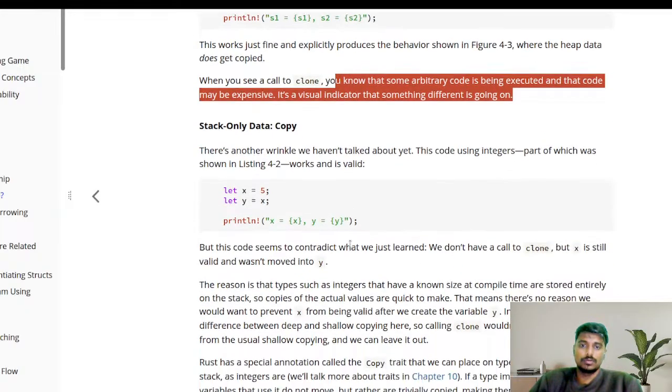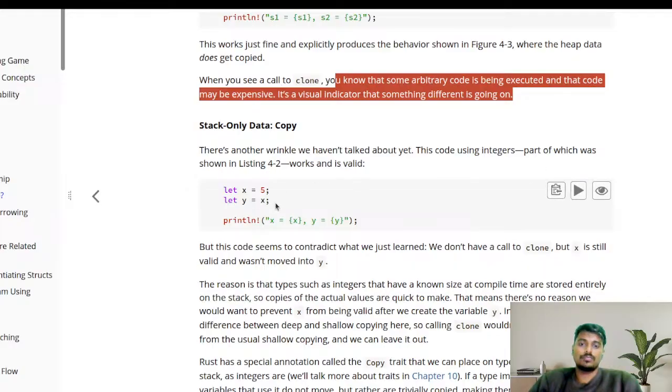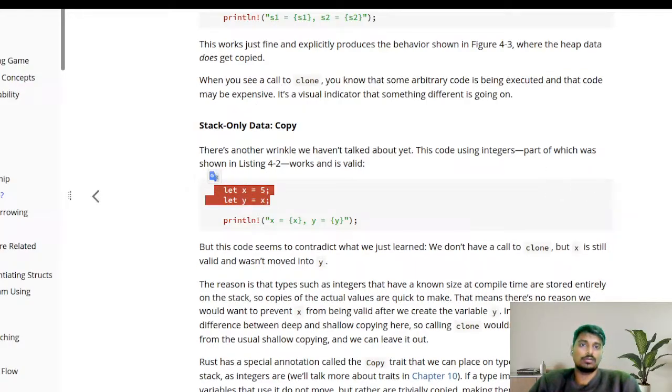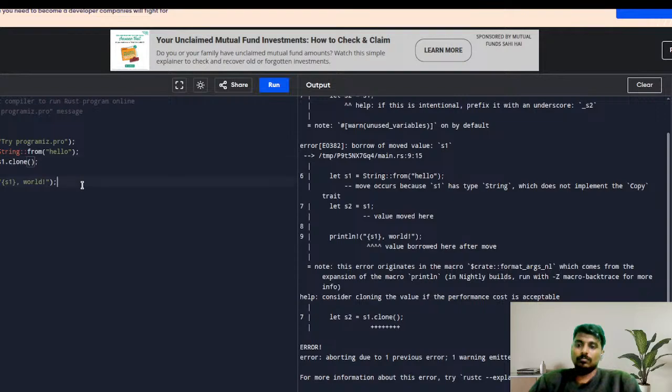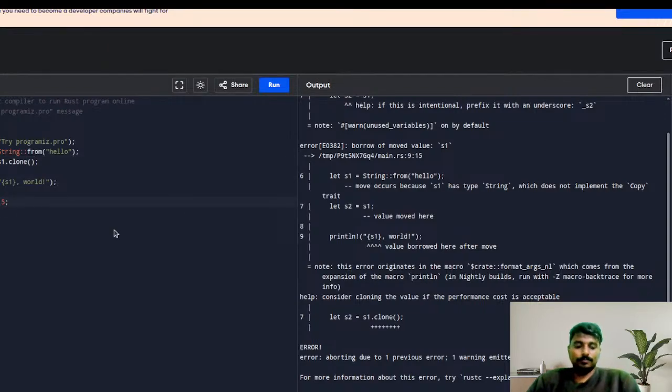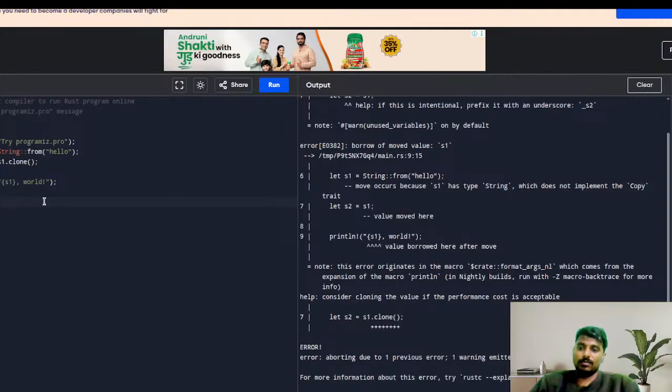ठीक है, stack only data copy. There is another wrinkle we haven't talked about, this code using integer. Let's say अब इसमें क्या, इसमें बोलोगे हाँ जैसे ये है ना, देखो अब जो ये चीज़ है ना, ये जो इंटीजर वगैरह है, ये इंटीजर ये स्टैक में स्टोर होता है।